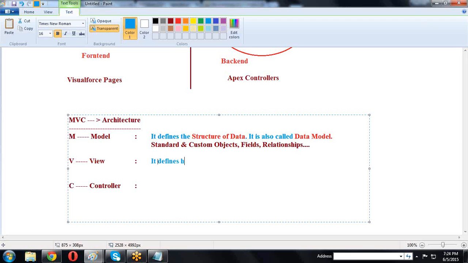It defines how the data is represented. That is nothing but the view component.